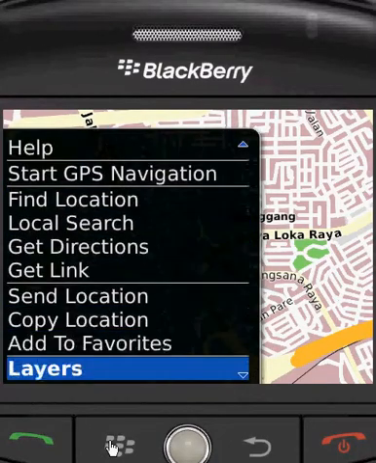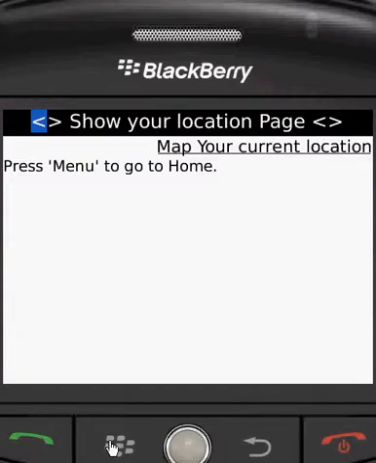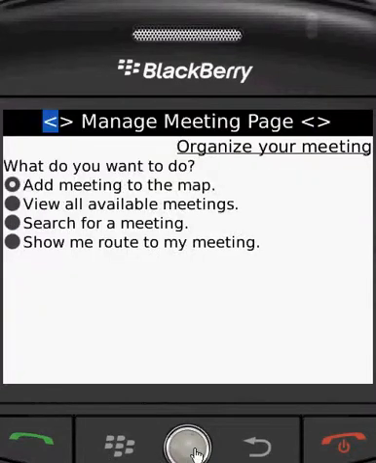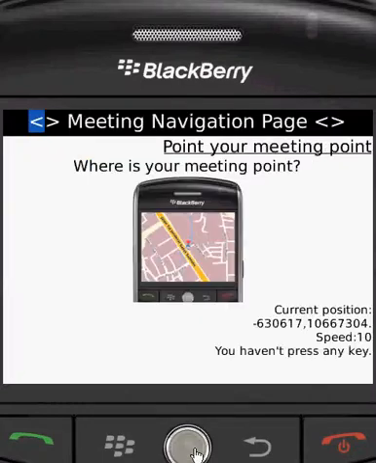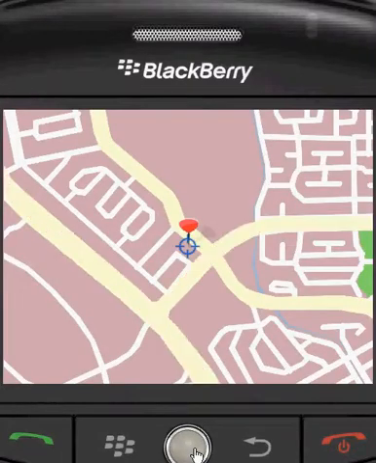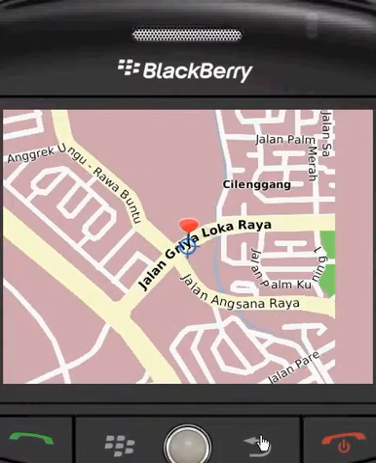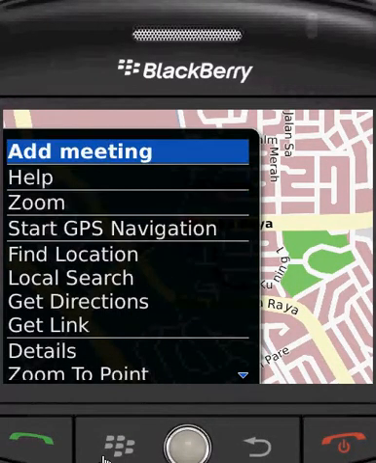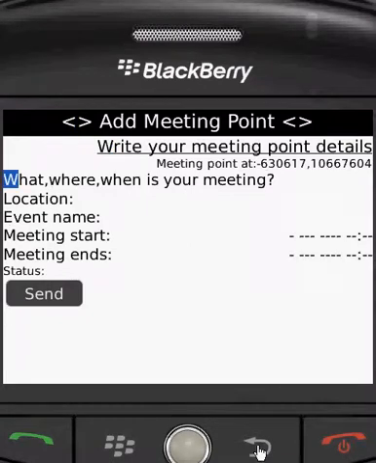So now we want to do some other feature aside from displaying current location, which is manage my meeting. What we want to do first is to add a meeting to the map. For example, we want to define a new meeting location on the map. We define somewhere around here the meeting location, and we want to name the location to be Griya Loka,